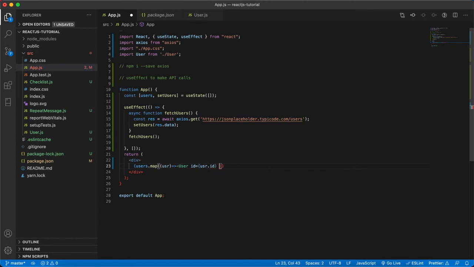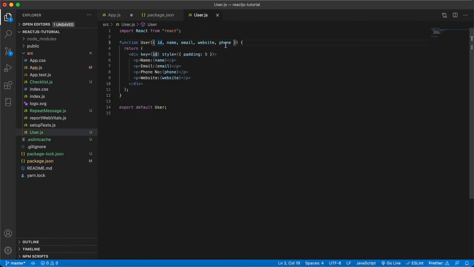Make sure the id is always unique, it doesn't duplicate. And name, similarly you have to do it for everything, it's more or less the same. Email, usr.email, then website, and we'll close it. And what else, the details? Phone.